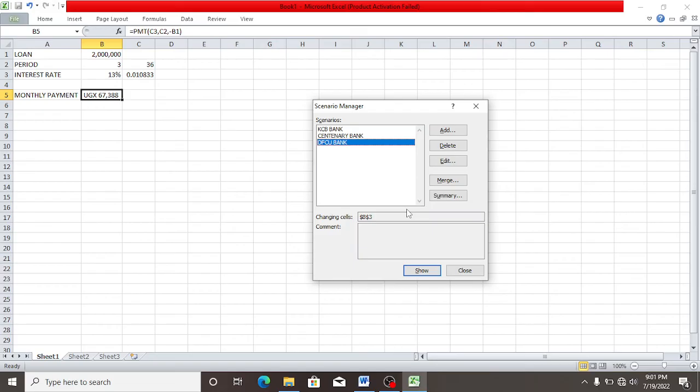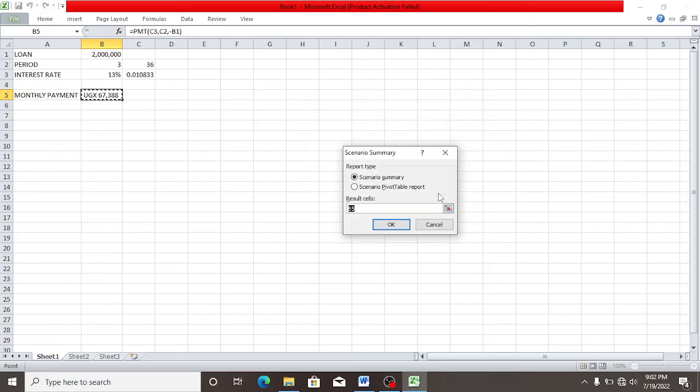So after creating scenarios, I want to see my report. So scenario manager, it is going to open a new worksheet. So how do we present it? You go to summary here, summary, and then the result cell.